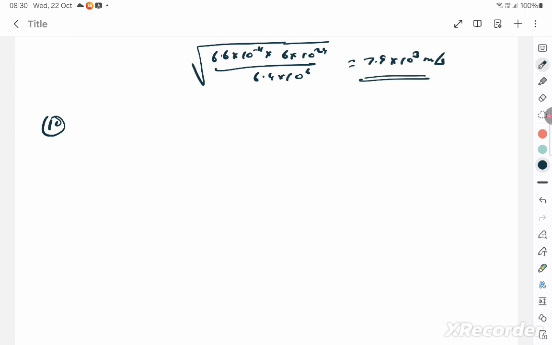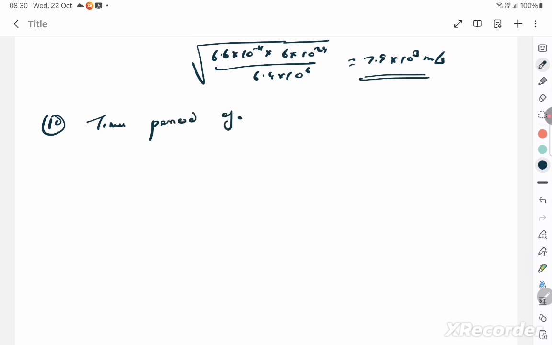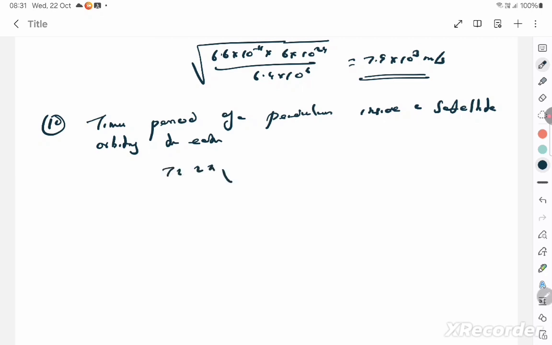The time period of a simple pendulum inside a satellite orbiting the Earth will be. Okay, that's another question. Time period of a pendulum inside a satellite orbiting the Earth. So let's study this point. You know, time period is generally 2 pi into root of L by g,